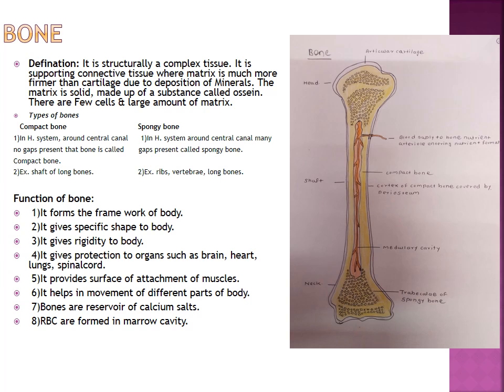Other types of bones are long bone like femur, humerus, short bone like carpals, metacarpals, irregular bone like vertebra, sesamoid bone like patella. So sesamoid bone means the bone developed from the tendon is called sesamoid bone. So the function of bone is protection of body organs, site for hemopoiesis, that is present in bone marrow, then calcium and phosphorus storage, and 2 or more bones form joints, and joints are required for locomotion or movements.